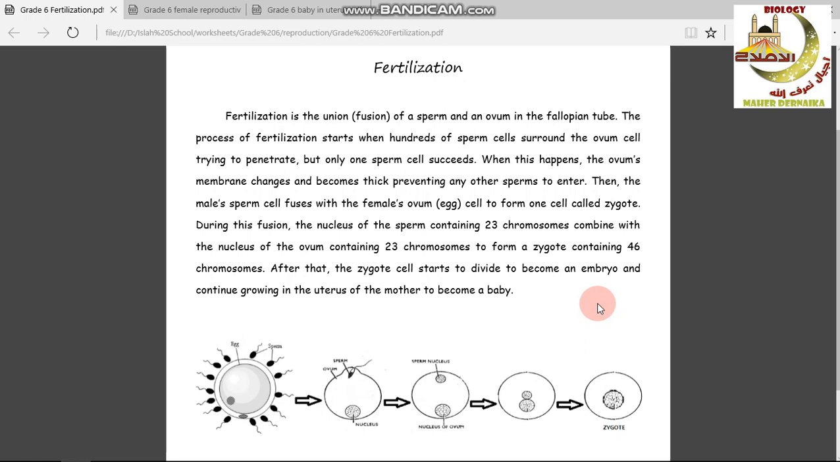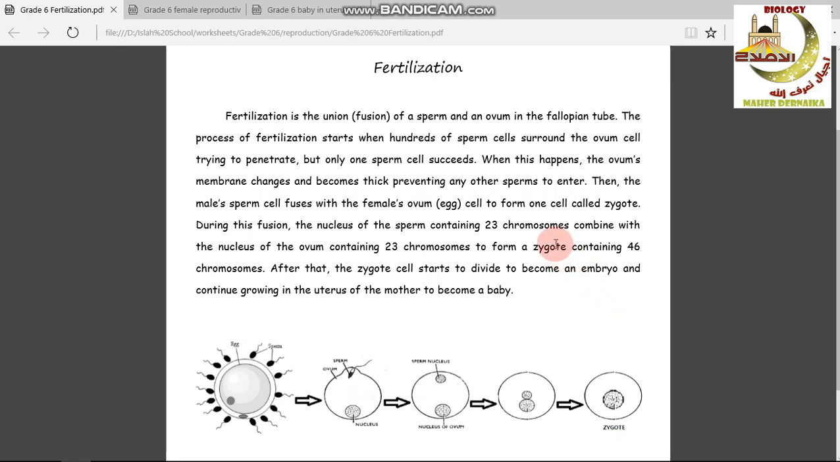Okay, so in the last video we talked about the different types of reproduction. We said that there are two types, the asexual and the sexual reproduction. And in the sexual reproduction we said that there must be a male and female, the sperm cell from the male and the ovum cell from the female, and when they fuse together they form the zygote. So in order to talk about this process, the fertilization process, in detail, which is very important,